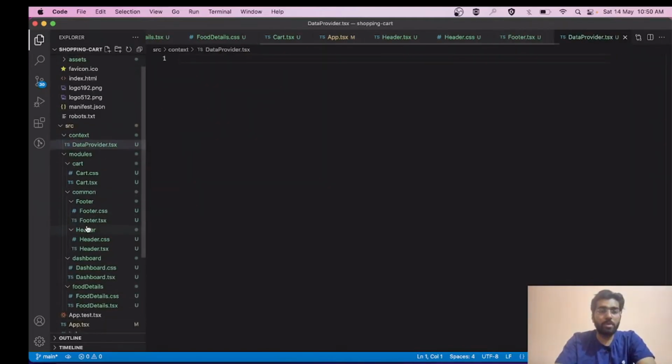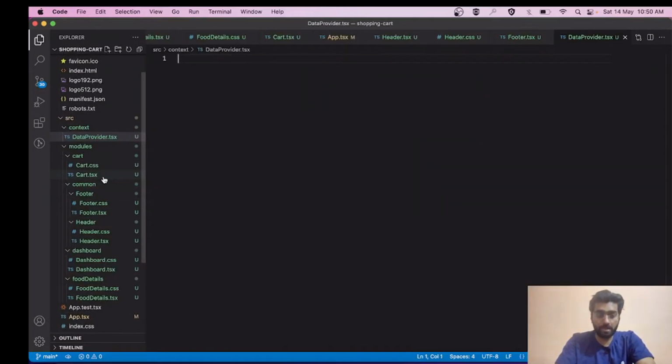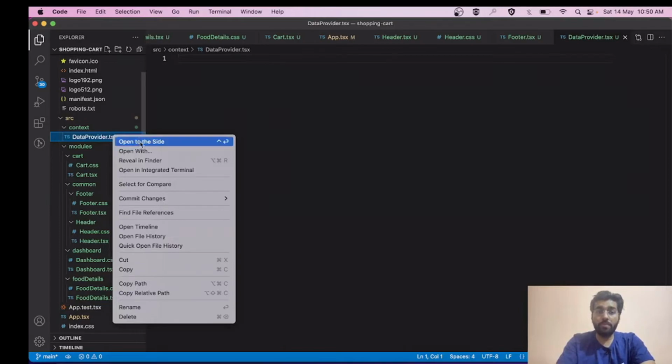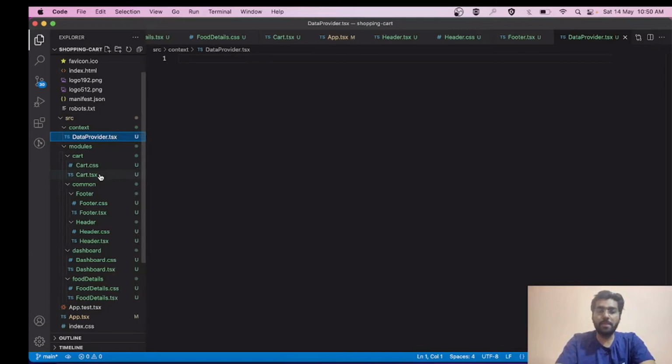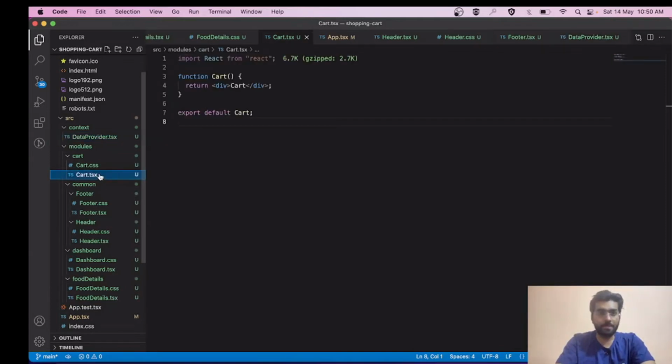Okay, so one more thing that you have to keep in your mind is that when we were coding with JavaScript, we used to name this extension JSX. But when you are coding in TypeScript, you simply need to replace this JSX with TSX. Or if you are using some helper functions, you can simply replace .tsx with .ts, because in those files we do not have the JSX portion.